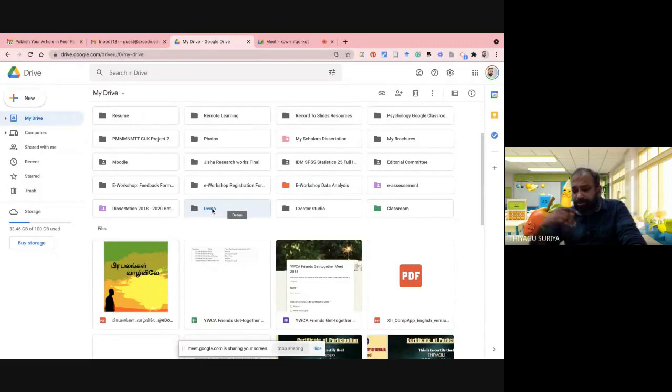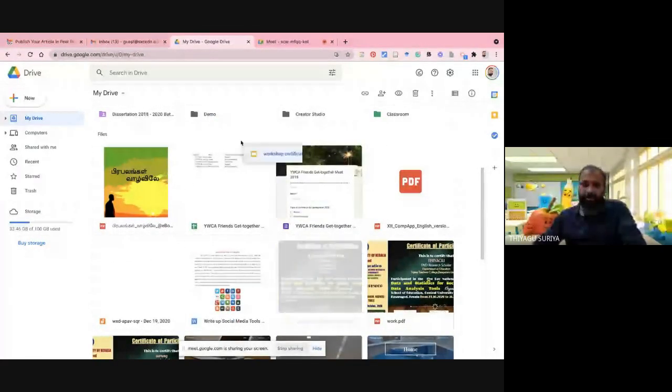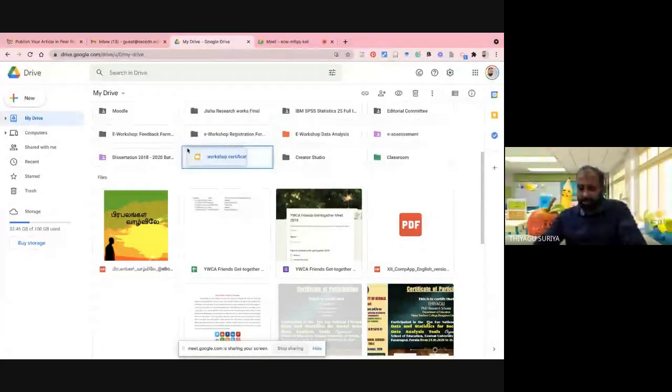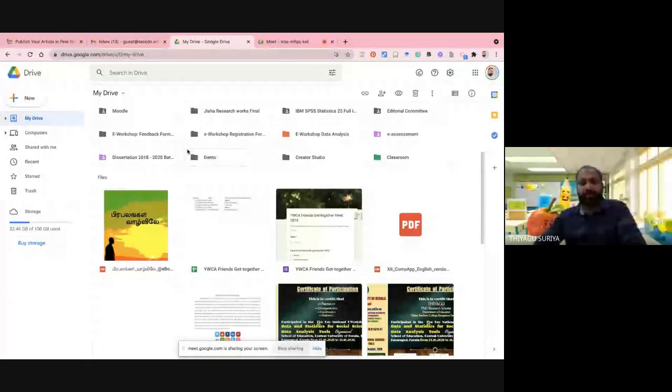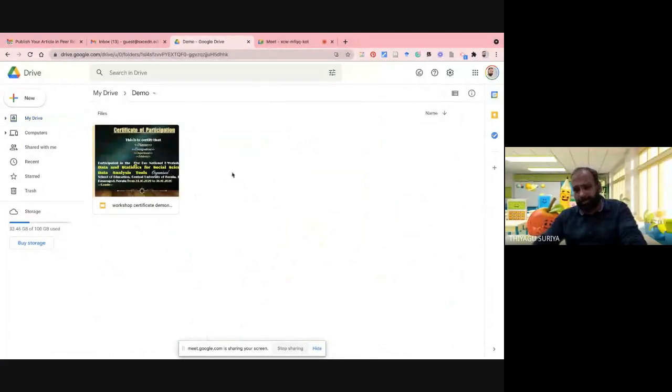And if you'd like to keep some of the files here, for example this particular file, you can just select it and drag and drop. That's permissible. Otherwise, you can copy and paste it, which is also permissible, but it's better to use drag and drop. In this manner, we can keep all your files in a specific folder. It's very simple to retrieve later. Due to these reasons I'm focusing on this here.